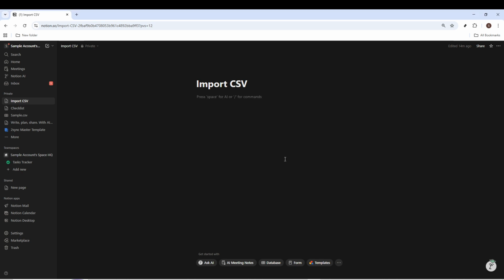In today's video, I'm going to teach you how to import a CSV file into Notion. This is a powerful way to bring data from spreadsheets directly into your Notion workspace, making it easier to organize, track, and manage information without manually entering everything. By the end of this video, you'll be able to seamlessly transfer your CSV files and have them properly structured